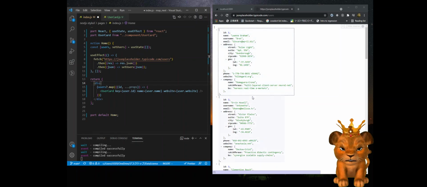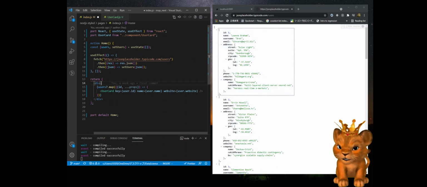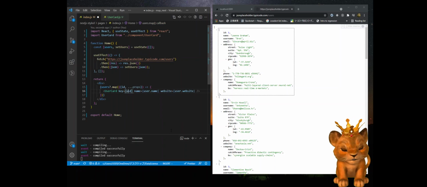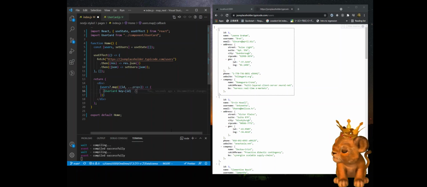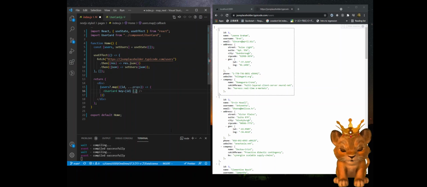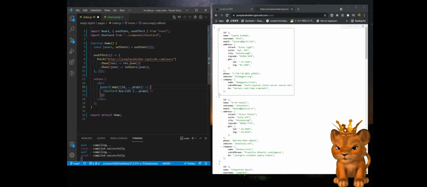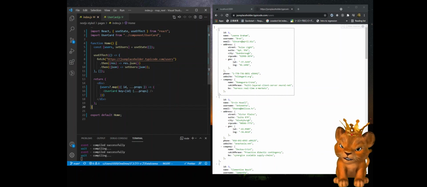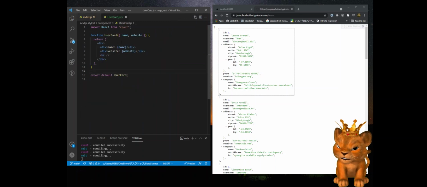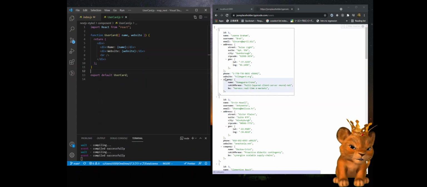Props includes everything here. So key is not user.id, but key simply ID, and instead of defining everything like this, you can simply type props like this, and once saved, we can access each element inside this object directly